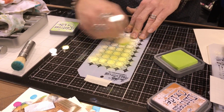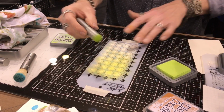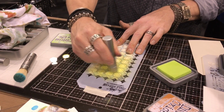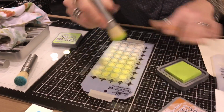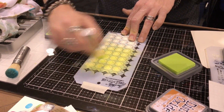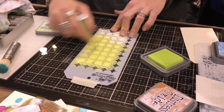Remember, on a blending brush, if we want a concentration of color, we can add some ink and simply slide this up to make those bristles more compact, and that's going to make that color way more intense in that area. And these brushes are a natural bristle, so they clean off easily on a baby wipe